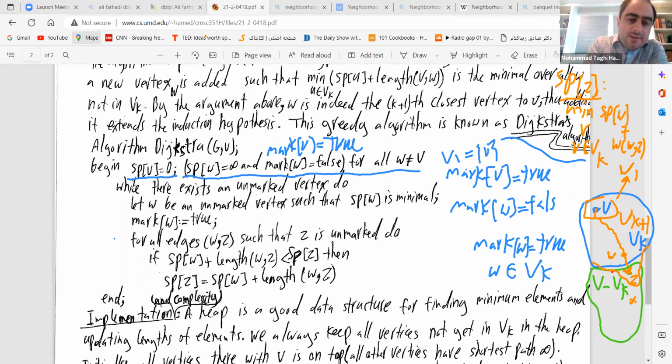Good. What do we do for the rest? We say that while there exists an unmarked vertex, so that's exactly the thing. So unmarked vertex means there is a vertex which is not in V_K. So there is one vertex outside. So there is a vertex in V minus V_K. Good. Let W be an unmarked vertex such that SP of W is minimal. So among all these vertices here, V minus V_K, consider the vertex that has the SP of, I mean, here is talking actually about